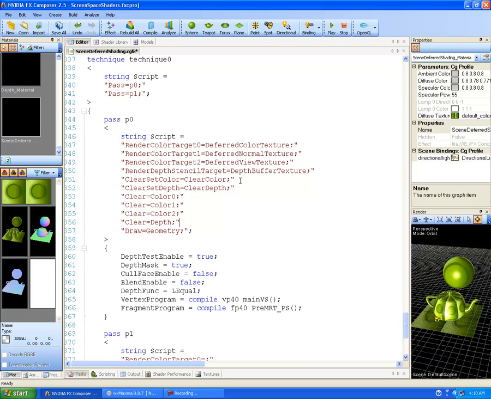So semicolon is the overall terminator for this whole group. Alright, so we just do it in a row like this because it's way cleaner than making this line go on forever. Close the greater than sign here, then open curly brace. DepthTestEnable = true; DepthMask = true; CullFaceEnable = false; BlendEnable = false; DepthFunc = LEqual; VertexProgram = compile vp40 main_VS();